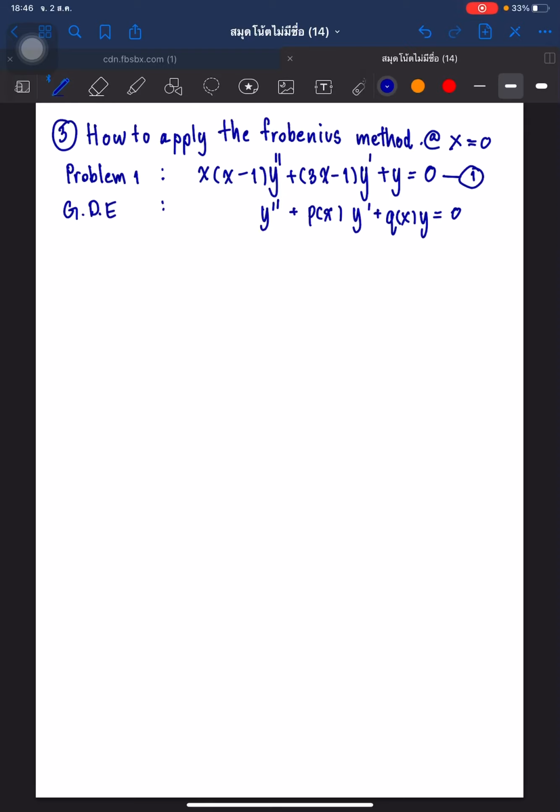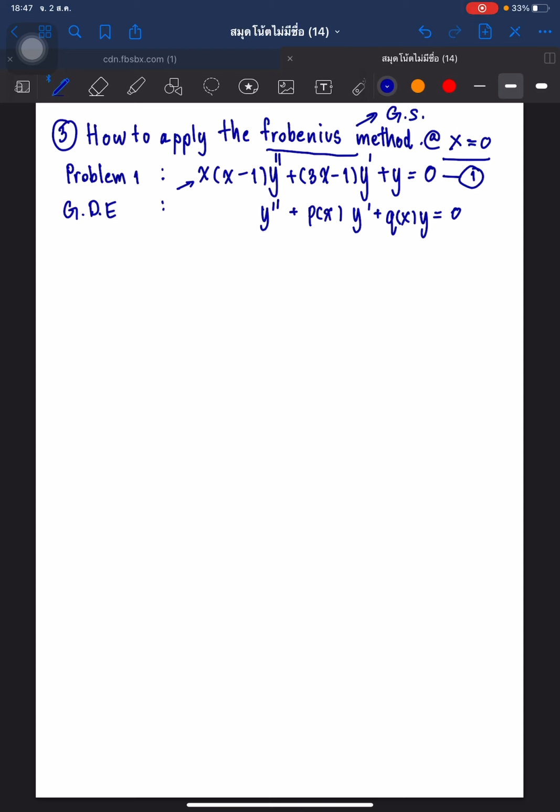Okay, in the third part, we will talk about how to apply the Frobenius method. We have problem 1, with the condition at x equals 0. Use the Frobenius method to get the general solution. If you use the Frobenius method, you will check